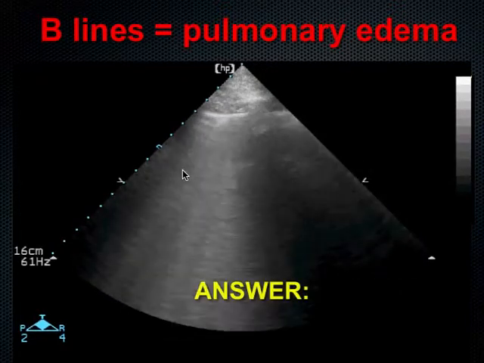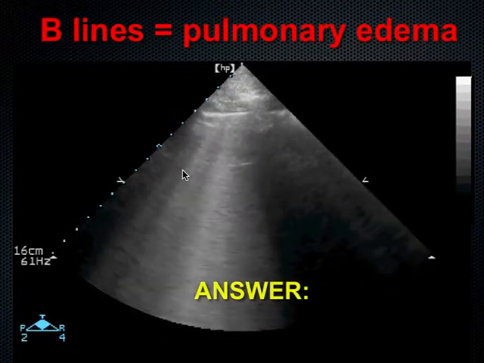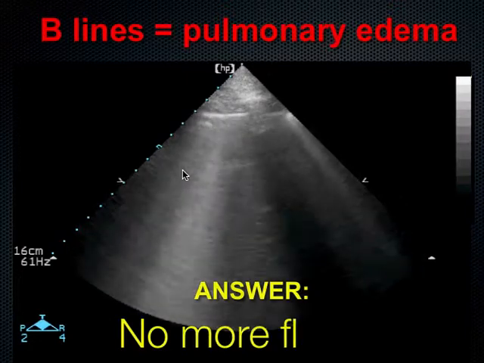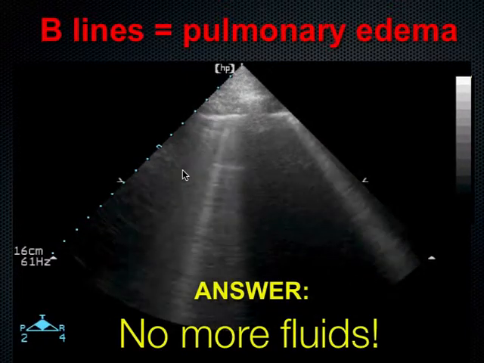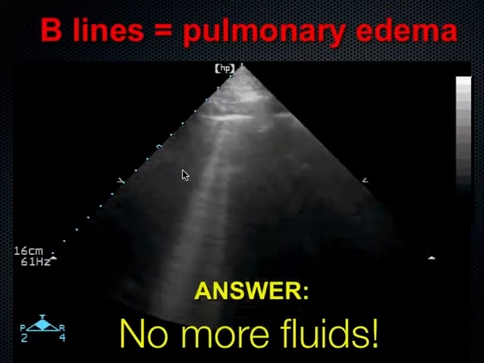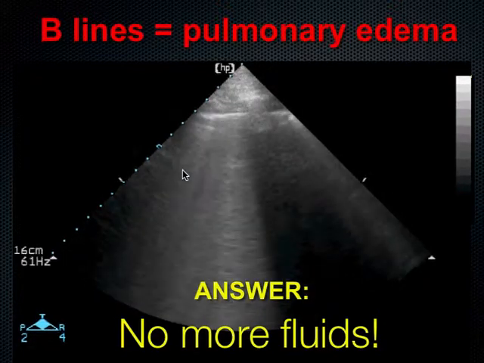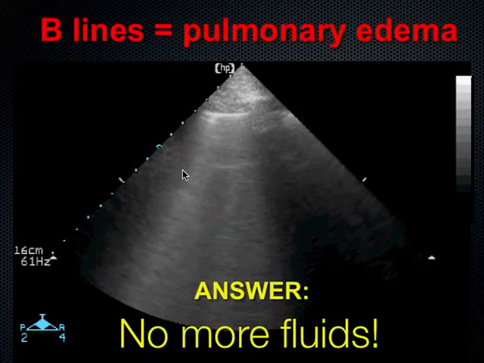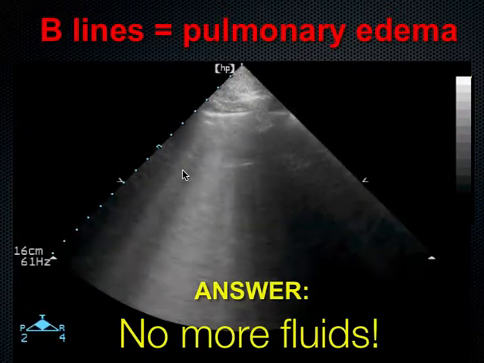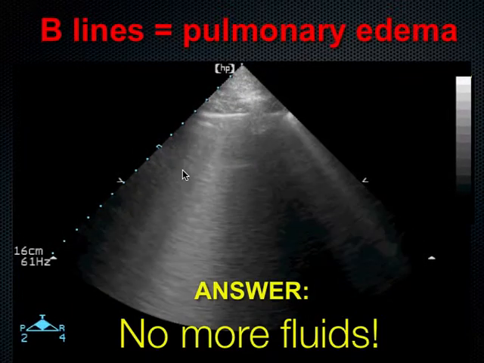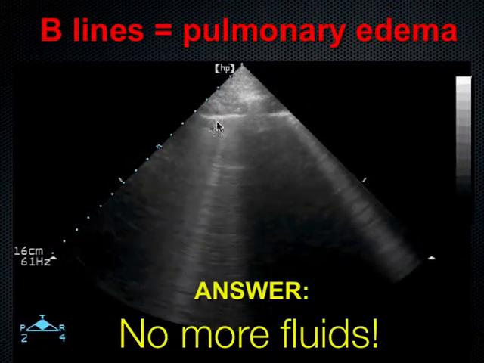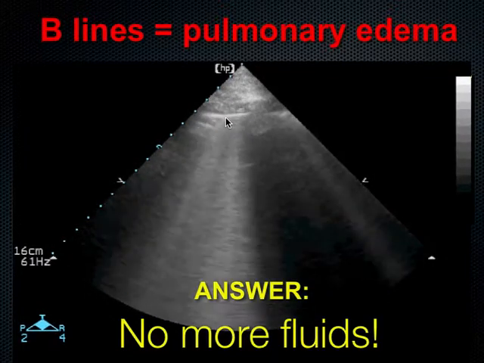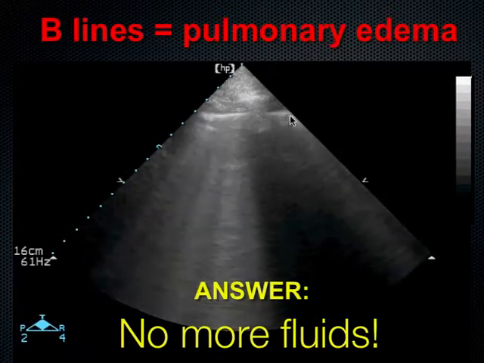So that's our answer, is that the main thing is not to give this patient any more fluids, because their heart cannot tolerate any more fluids. They can't keep up with it, and now the fluid is being put out to the lungs, which is why the patient is having so much respiratory distress. And the hypotension was not due to hypovolemia after all, but was likely due to this congestive heart failure picture,